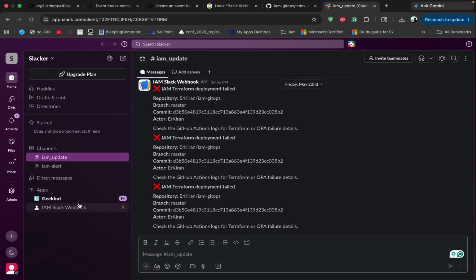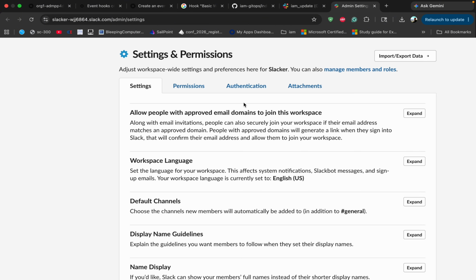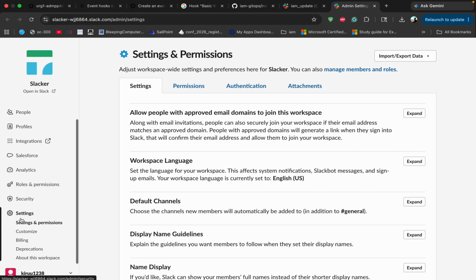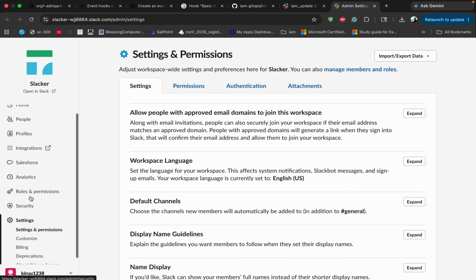This is my free trial of Slack, and I need to add a webhook URL, or rather I need to send a message to Slack whenever a user is added on Okta. So for that,